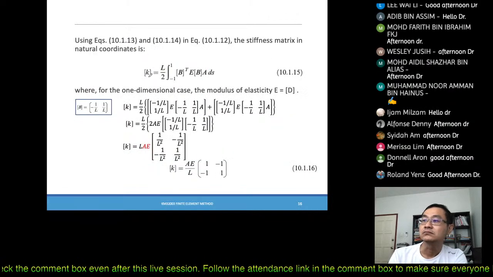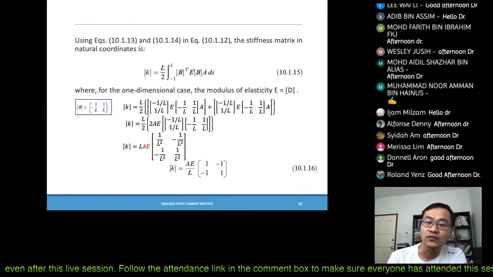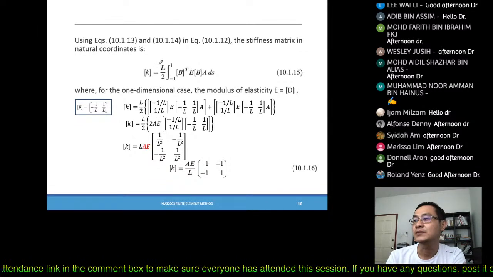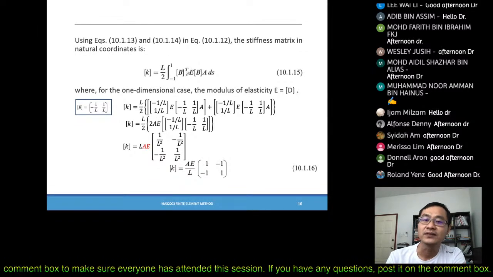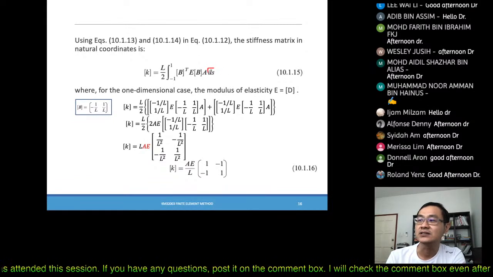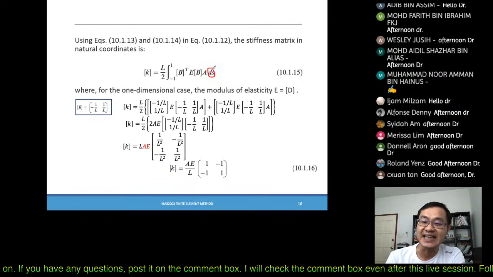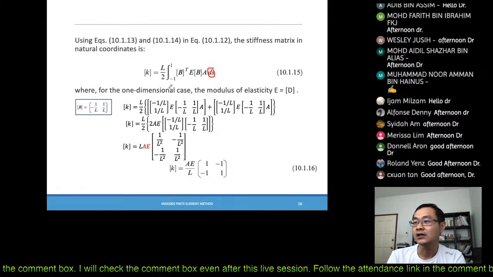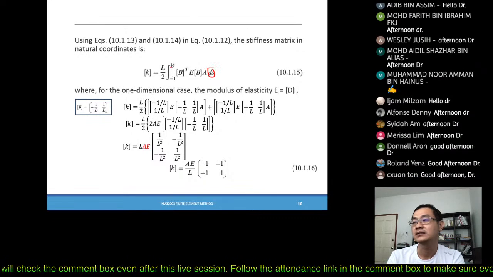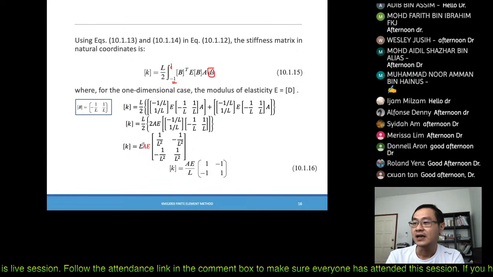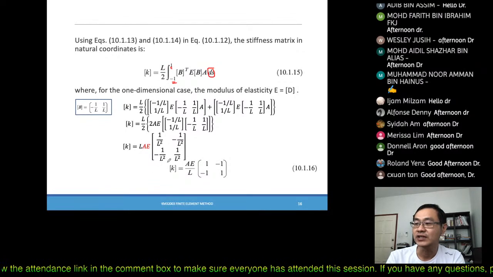Therefore, now that equation, since we know for a single dimensional element the Jacobian is L over 2, we just have to integrate them using these equations. Now it becomes ds instead of dx, right? So we integrate accordingly. This is the finite integration. So you just integrate, and eventually we will get this